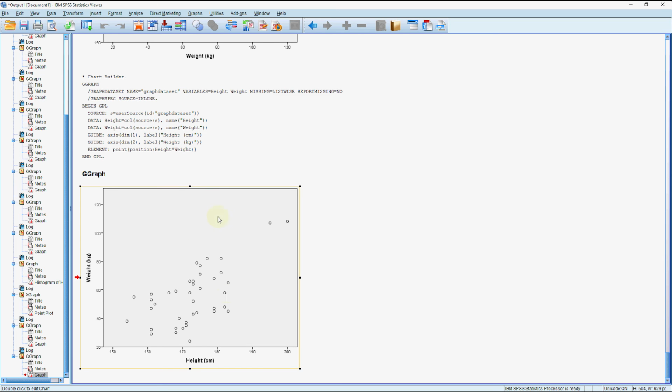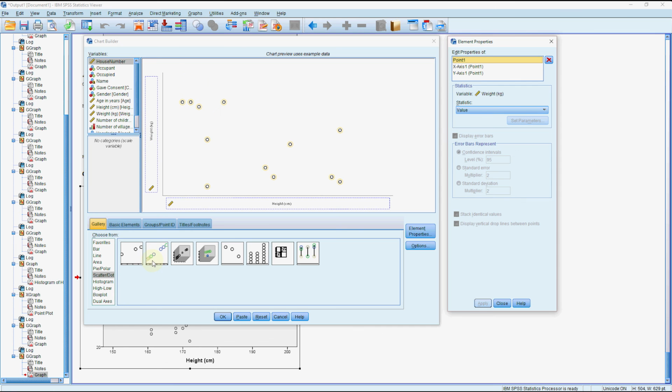The first thing is that we could actually split this by a third variable if we wanted to, and this is a really handy thing to do if you've got complicated relationships. So if we were interested in height and weight, we would probably want to split that by gender, just because we know that there are some differences in height between males and females, because males are on average just a little bit taller. So if we go into Chart Builder and we choose the next option here,